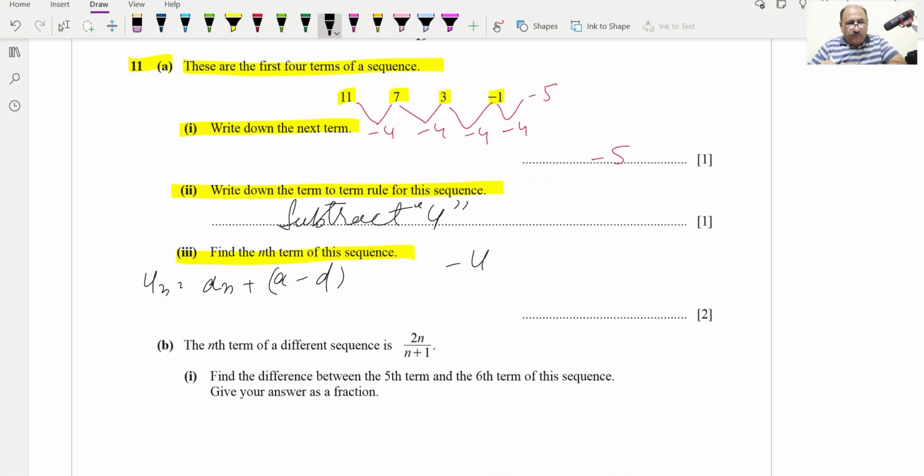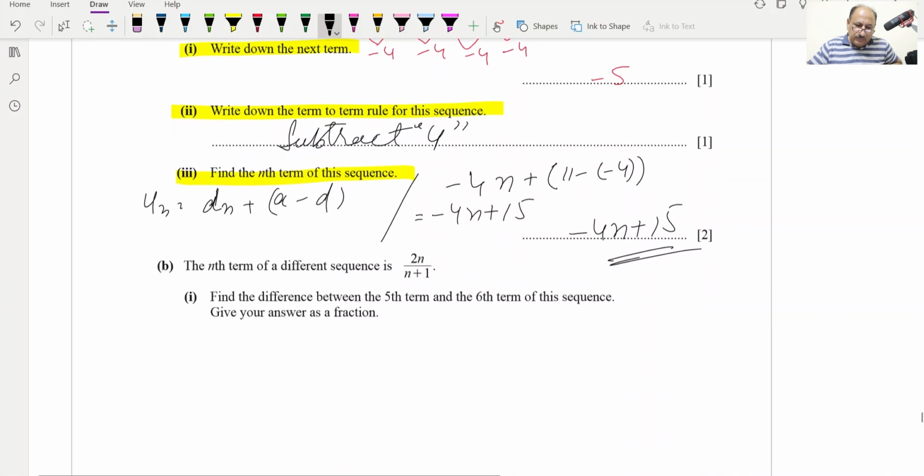Basically minus 4 is the difference, so dn will be difference times n, and plus a, which is 11, minus d will be minus 4. So we will simplify this, and this will be equal to minus 4n plus 15. So minus 4n plus 15,